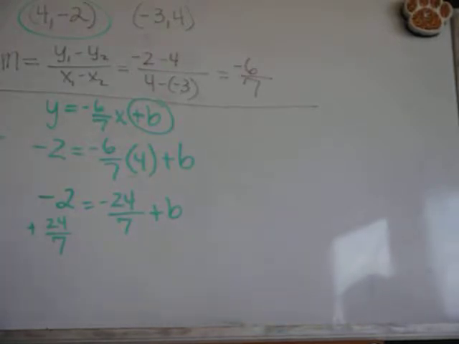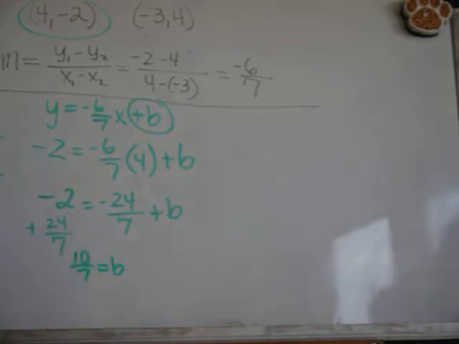You mean like that? Yeah, I would do that. And so I'm going to give them sevenths. Not too hard. So it's -14/7, right? Add those together, and we get 10/7